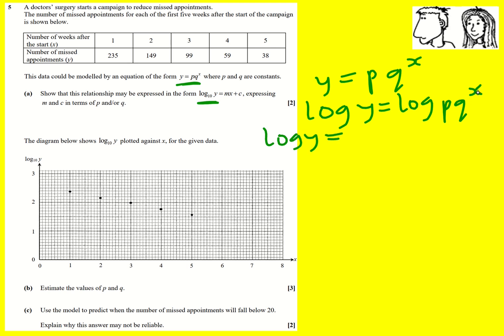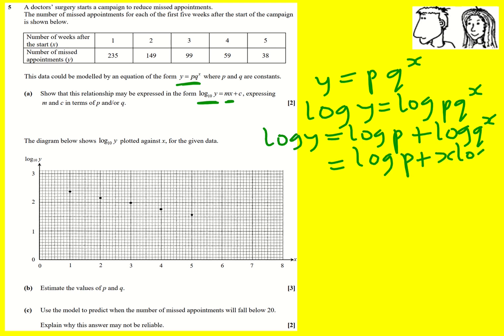First thing, you can't bring this x down because p is not raised to the power x, so we need to separate them, use this rule of addition, log p plus log q to the x, and then we can bring it down because in the final answer we've got mx plus c